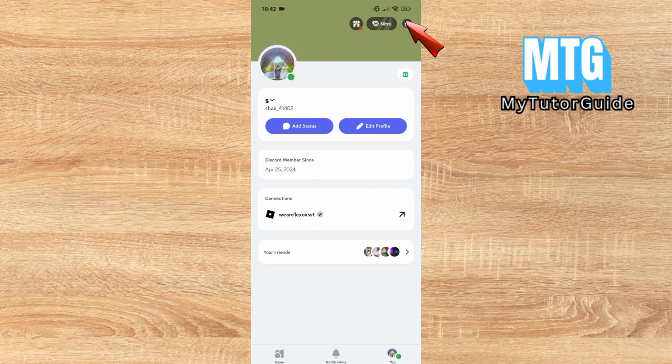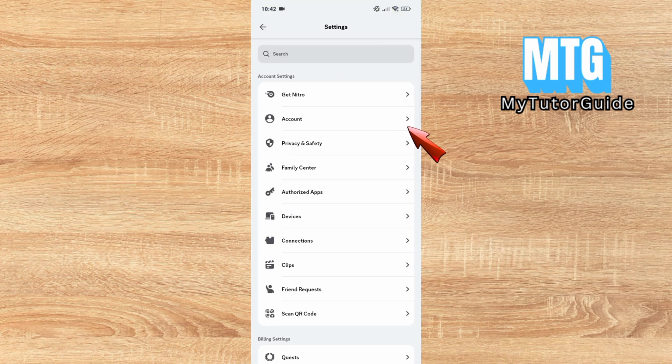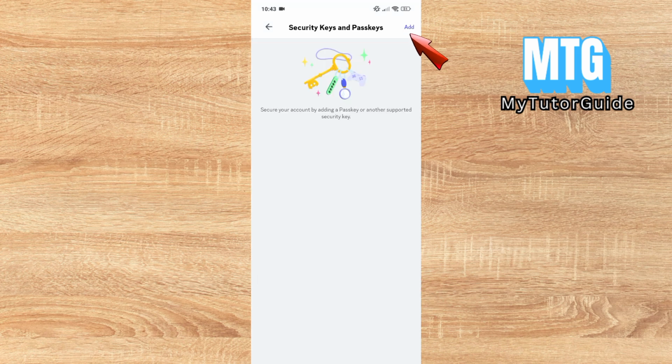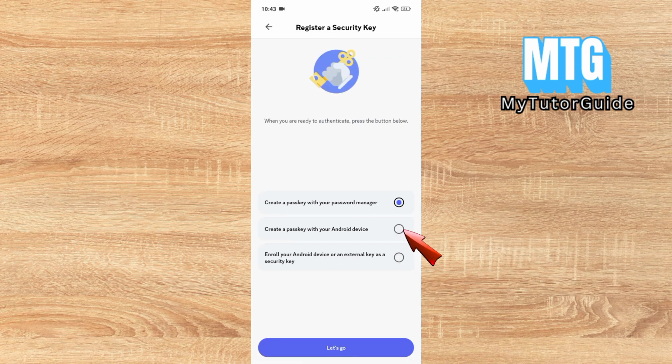Now, on the Discord settings page, go ahead and look for account. Go ahead and click on account, and that will redirect you into your account settings. And here, go ahead and click on security keys, which you'll find under the how you sign in to your account. Click on the add button at the top right corner of your screen, and here, as you can see,